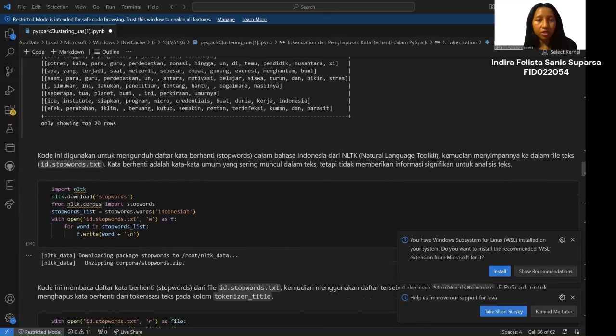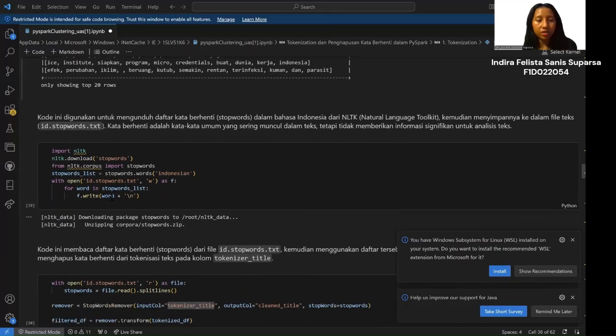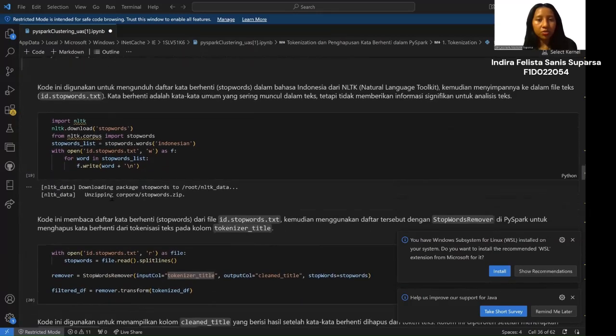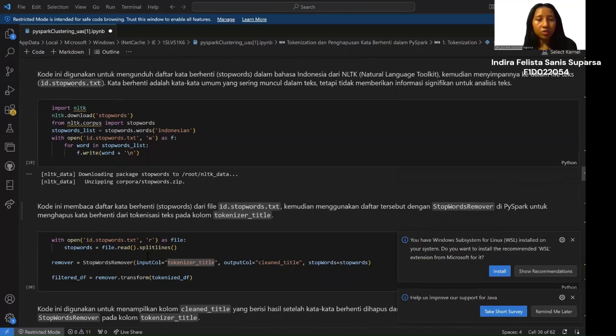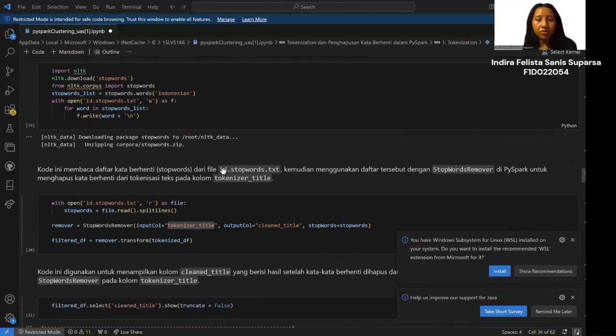After the tokenization process, we go to the stop word process. First, we need to download the Indonesian stop words. The stop word list from NLTK is downloaded for the Indonesian language and saved to a file named id.stopword.txt.